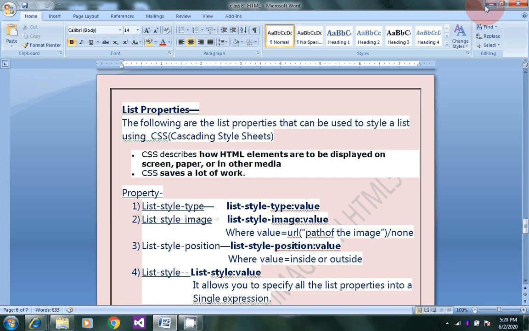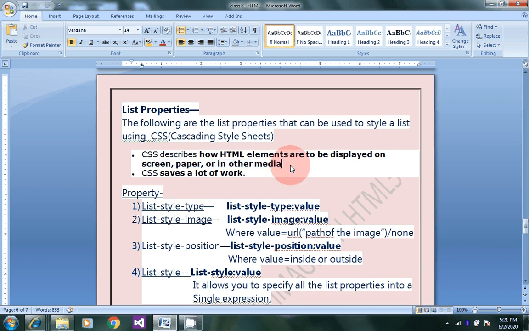Here you see the following list properties that can be used to style a list using CSS. Now what is CSS? First of all, Cascading Style Sheets is the full form of CSS. CSS helps to describe how HTML elements are displayed on the screen, paper or in other media.